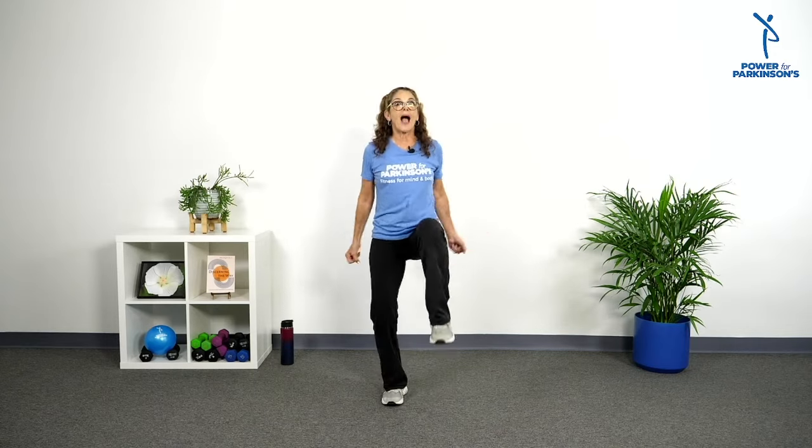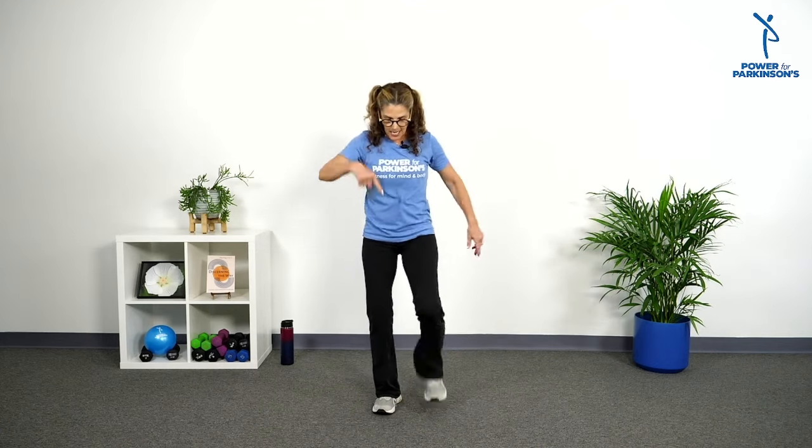Out, in, out, in, double knees. Up, up, up, cross punch, cross, cross, back, back, heel, heel, heel, heel, double knees, two knees, cross it, cross, cross, back, four heels, 1, 2, last exercise, step out, cross, out, cross, out, and in, sit,